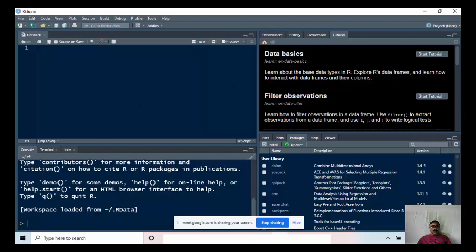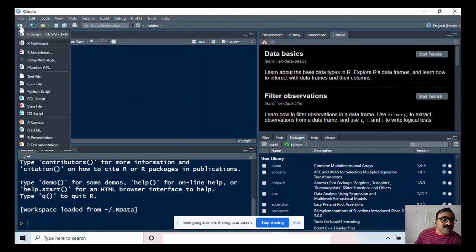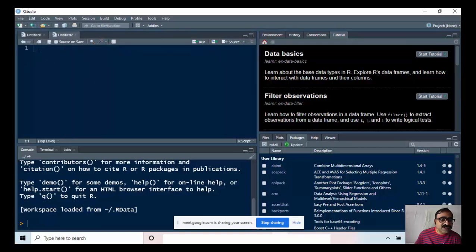Interacting or working with R is a little bit easier here. You first go to File, then New File, R Script. So a new script file is now opened. You can type here. Suppose x is a variable. So x is an object, and the value of x is 2. So I write x <- 2.